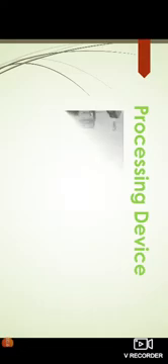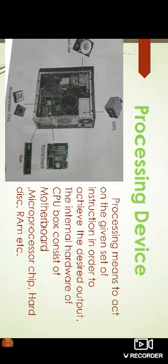And today we see the processing devices. This hard disk, microprocessor chip, RAM, motherboard and SMPS. These are the processing devices. Processing means to act on the given set of instructions in order to achieve the desired output. The internal hardware of the CPU box consists of motherboard, microprocessor chip, hard disk, RAM, etc.